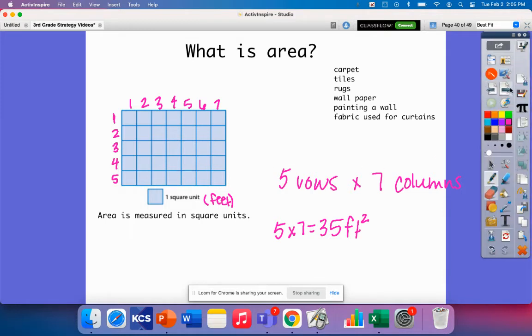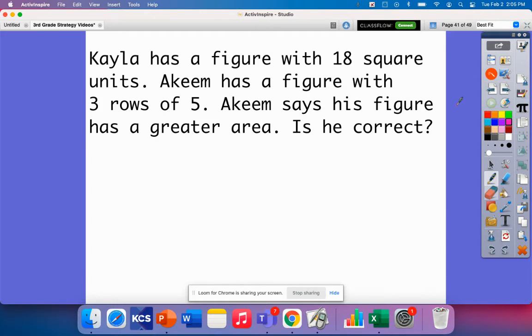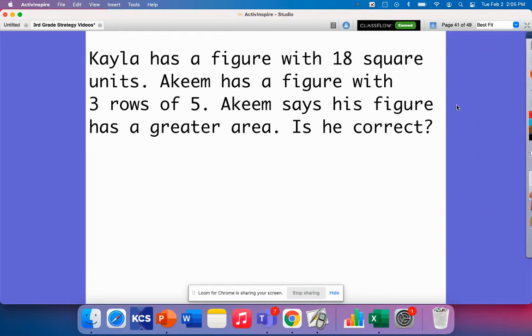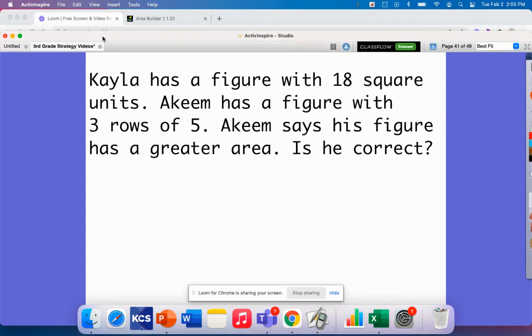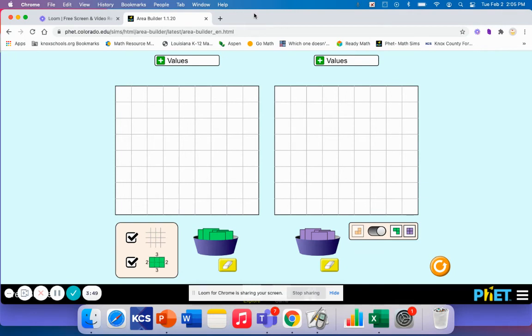But let's look at another problem about area. So this one says Kayla has a figure with 18 square units. Akeem has a figure with 3 rows of 5. Okay, Akeem says his figure has a greater area. Is he correct? So what we're going to do to find out who is correct, we're going to build their